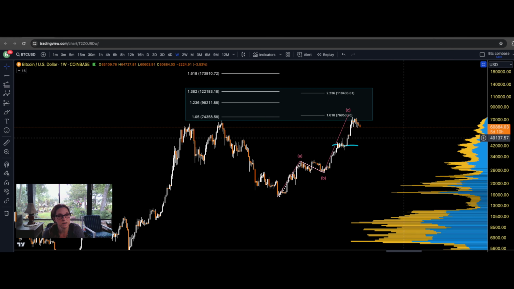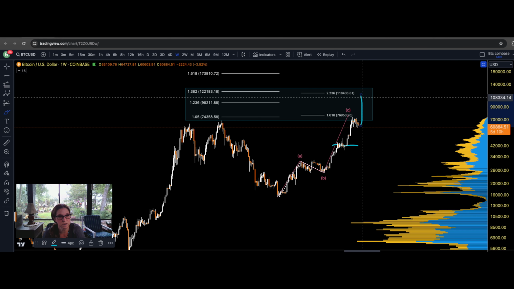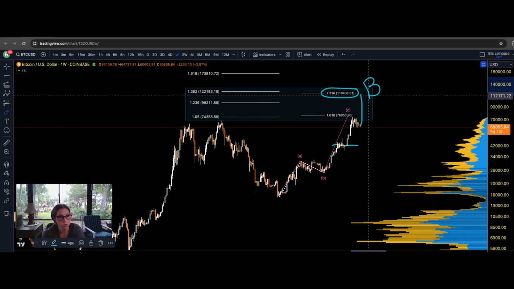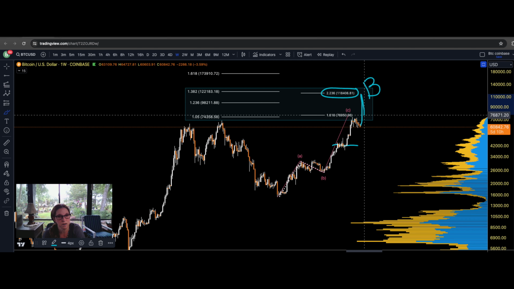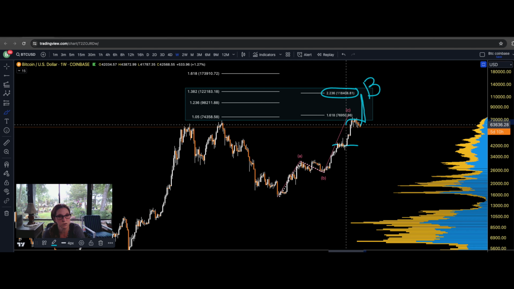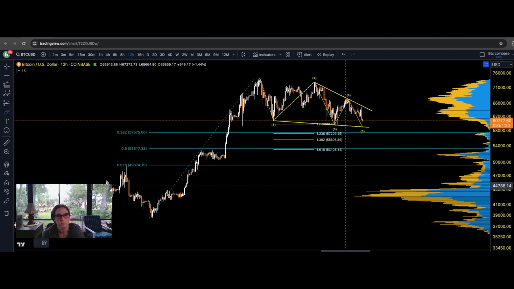Now, one thing that is still on the table is that if Bitcoin holds and pushes to the upside, we still have another extension up here that could still put in that B wave. How will we know it's happening? It will dump in the same amount of time or less that it took to make this wave, and it will come through this correction, which would be our new invalidation point.